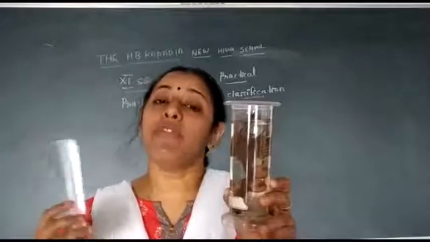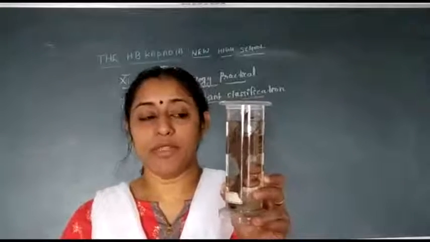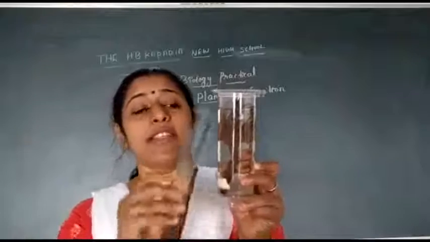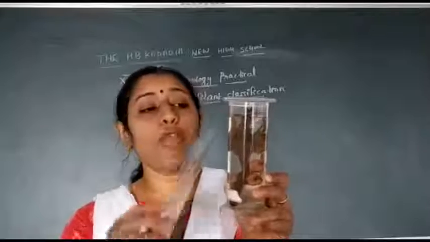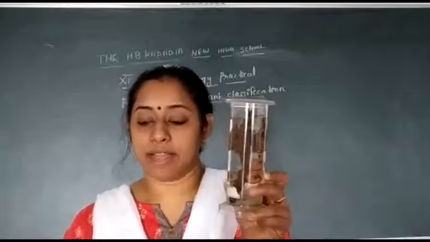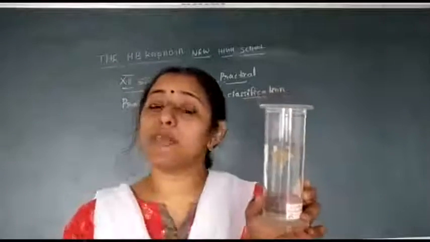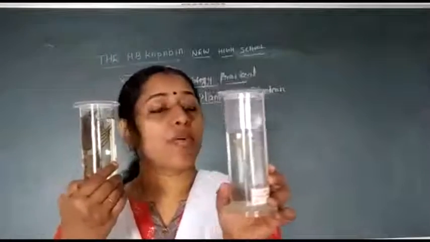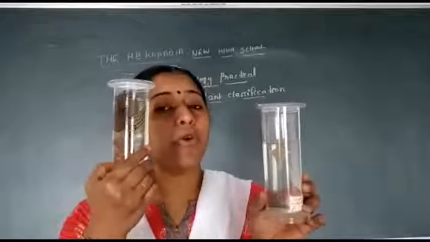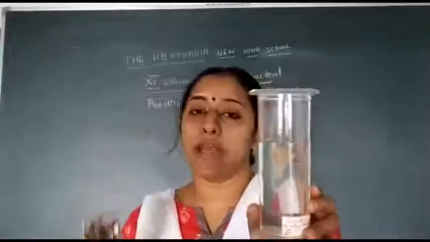Megaspores are equivalent to female gametes. Microspores are equivalent to male gametes. So this specimen is the structure of a female megasporophyll. Why is it called megasporophyll? Because it is big in size. Now I am going to show you the Cycas microsporophyll. Why is it micro? Because this is small in size. You can compare the size. Megasporophyll has a bigger size and microsporophyll has a smaller size. Megasporophyll bears female gametes and microsporophyll bears male gametes.